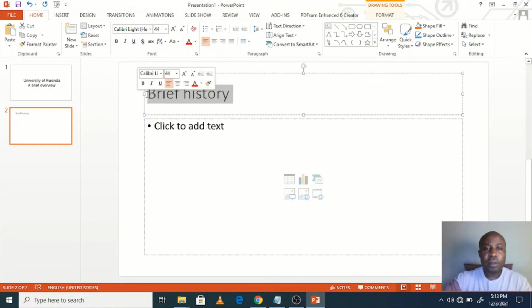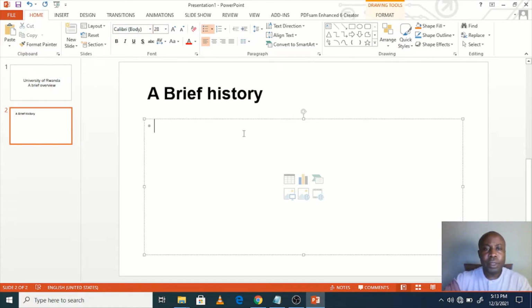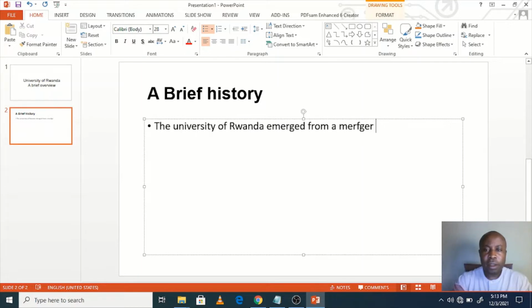A brief history. Arial. So the University of Rwanda emerged from a merger of 5 public universities of higher learning, namely